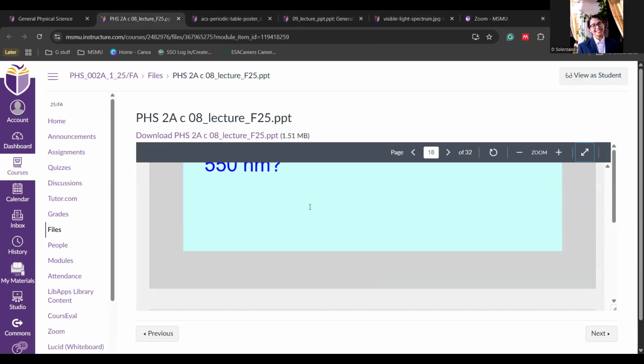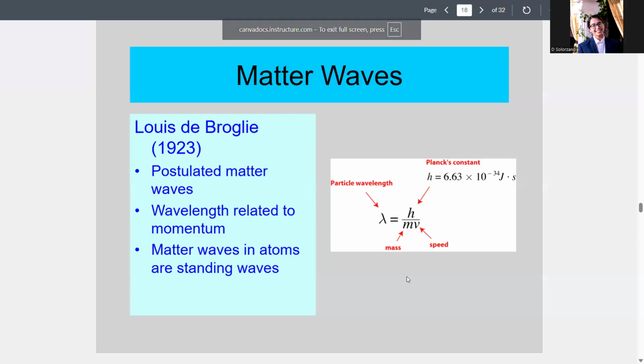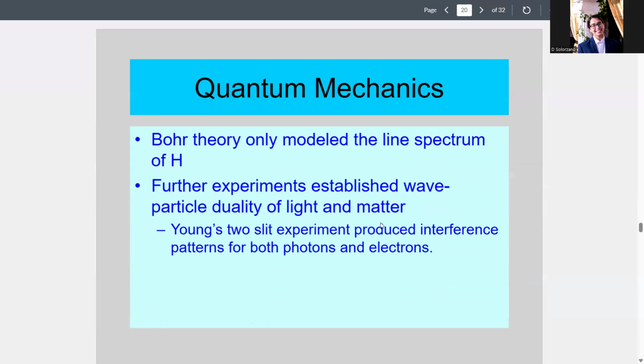So if we wanted to calculate or figure out which one has the highest energy, we'd just look at the one with the smallest wavelength, which in this case is the 110. That's something you should know. This is the de Broglie equation. Again, I won't be doing any calculations with it because we figured out that you guys don't need that. But do know that it's used to calculate the wavelength using the mass and speed of the wave or particle. So just know what it's for. It's called de Broglie's equation. It's for finding the wavelength of something. That's calculations.